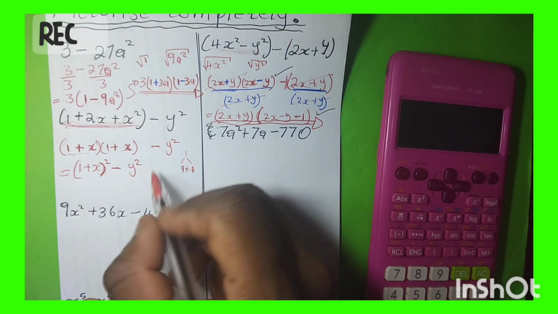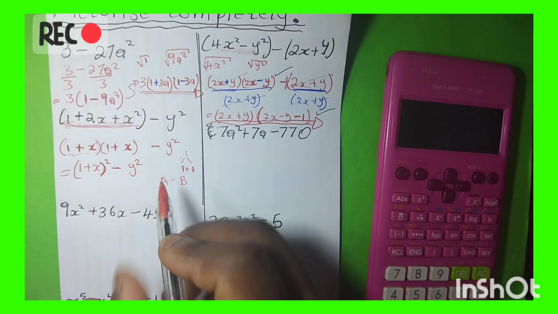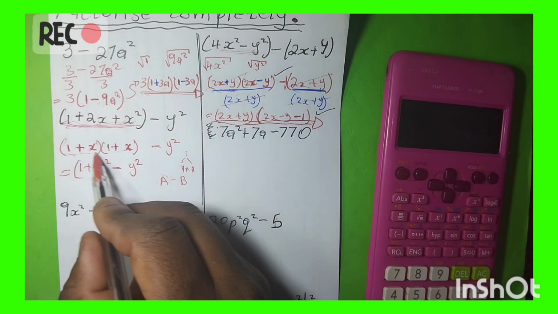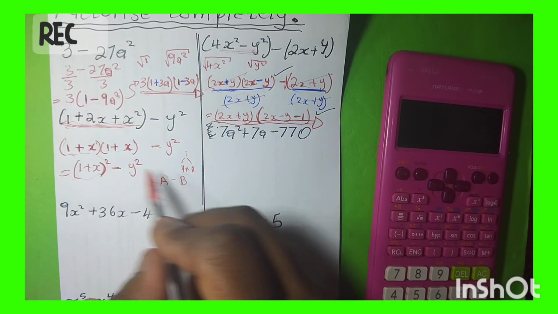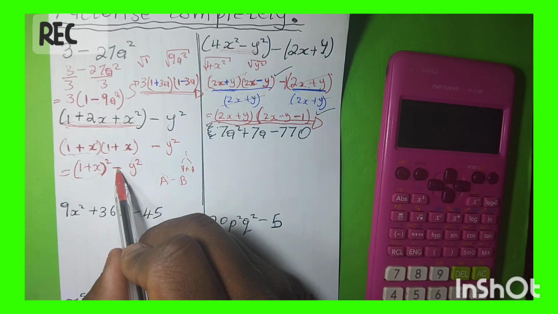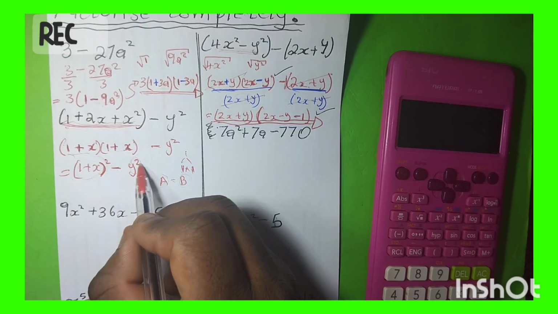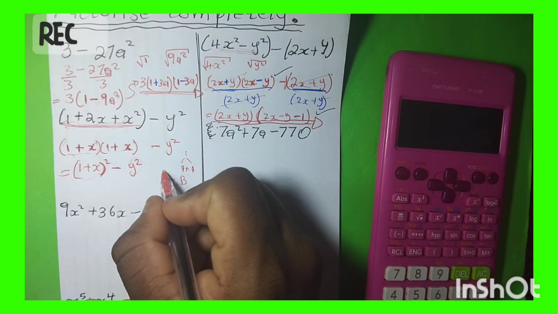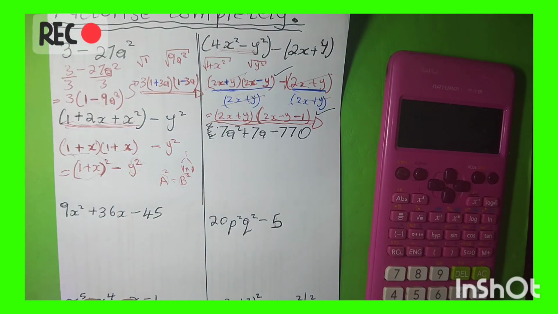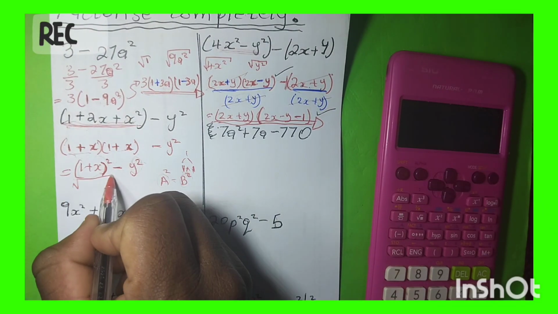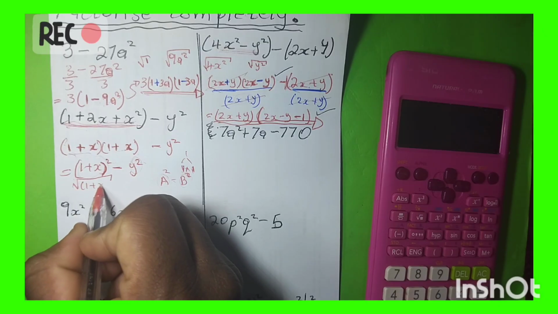Because if you notice, it is in this form, whereby your A is all of this, then your B is this one, and here we have a negative. And here we have those exponents, meaning that you can apply the difference of two squares. So for you to apply it, you can take the square root of all of this, 1 plus x squared,